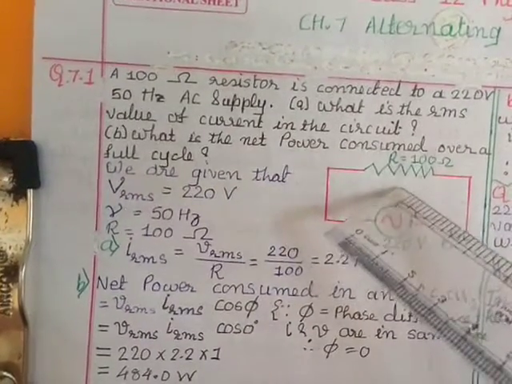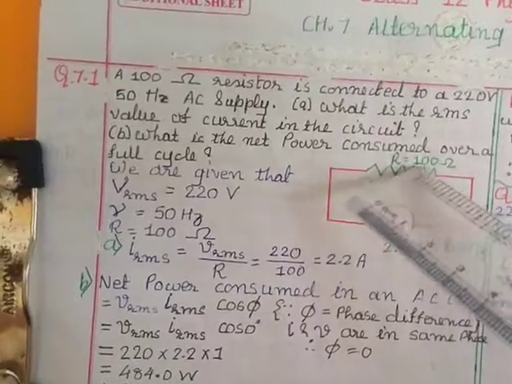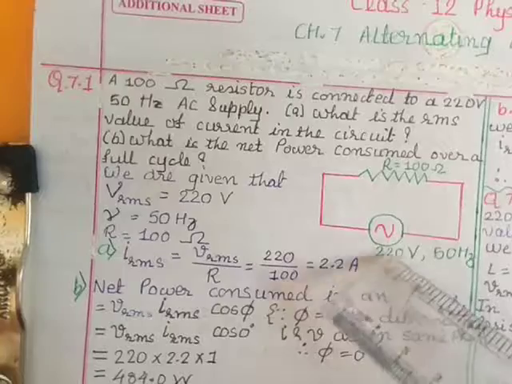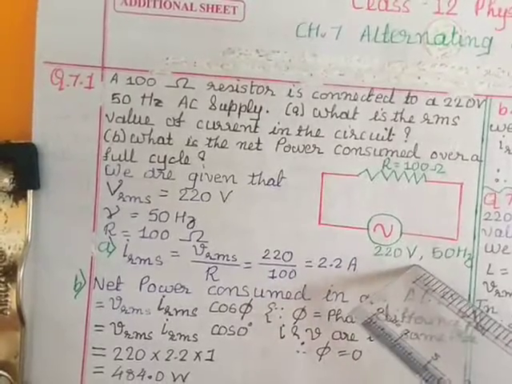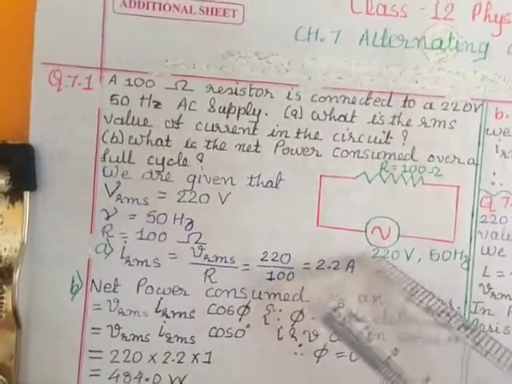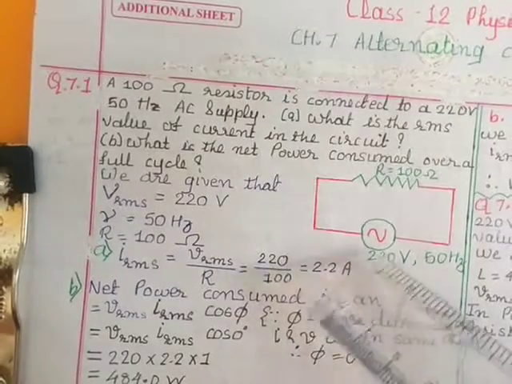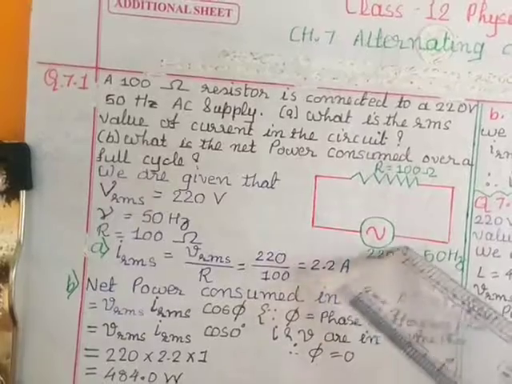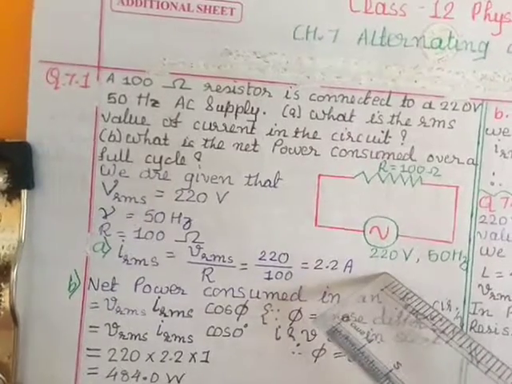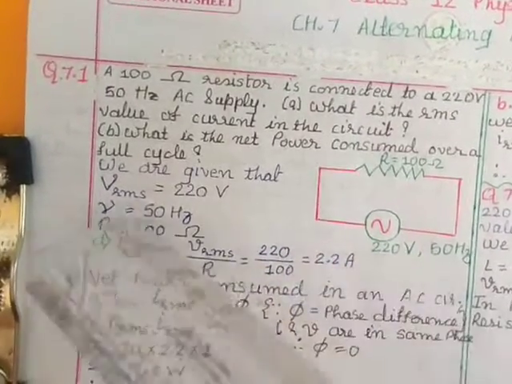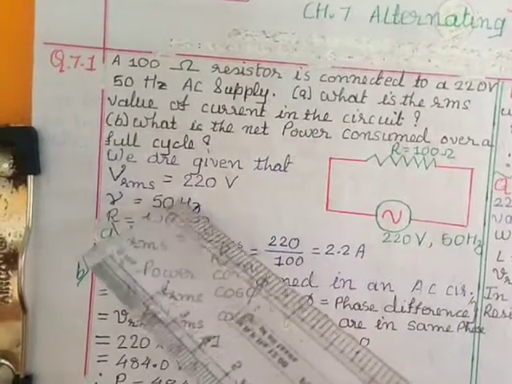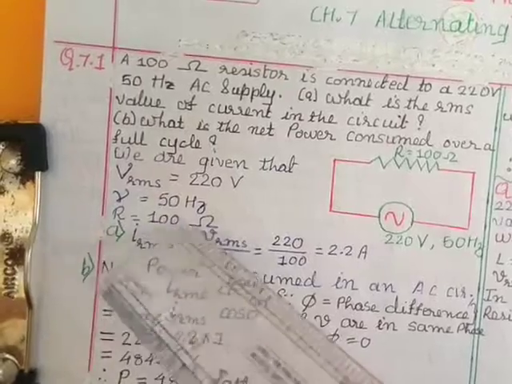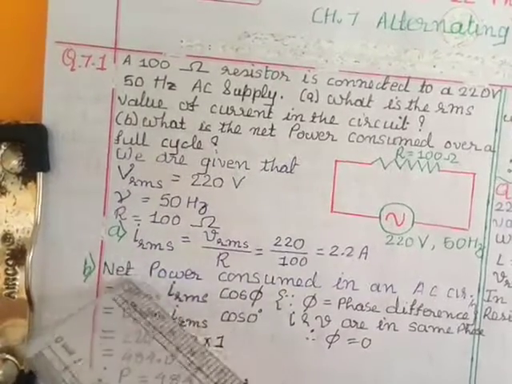It is a pure resistive circuit, as a resistor of resistance 100 ohm is connected to the AC supply of voltage 220 volt and frequency 50 Hz. Here they have said AC voltage. Okay, they have not said the peak voltage or the highest voltage. That means what they have given us we will consider as the VRMS value of the voltage. We are given that VRMS equal to 220 volt, mu is equal to 50 Hz and R is equal to 100 ohm. We have to find the RMS current.